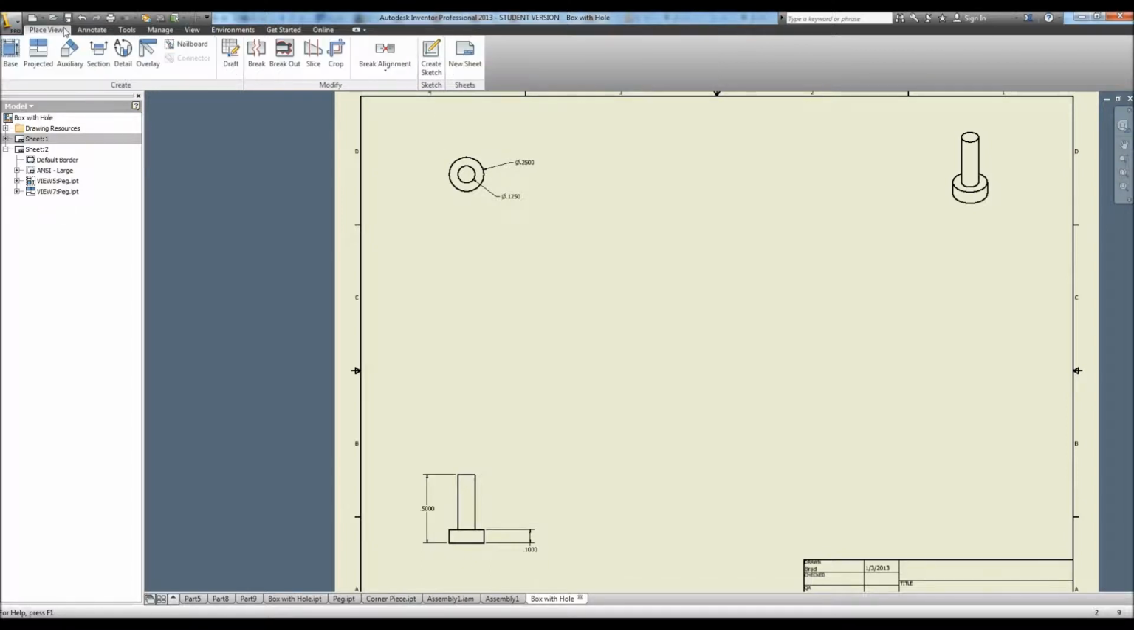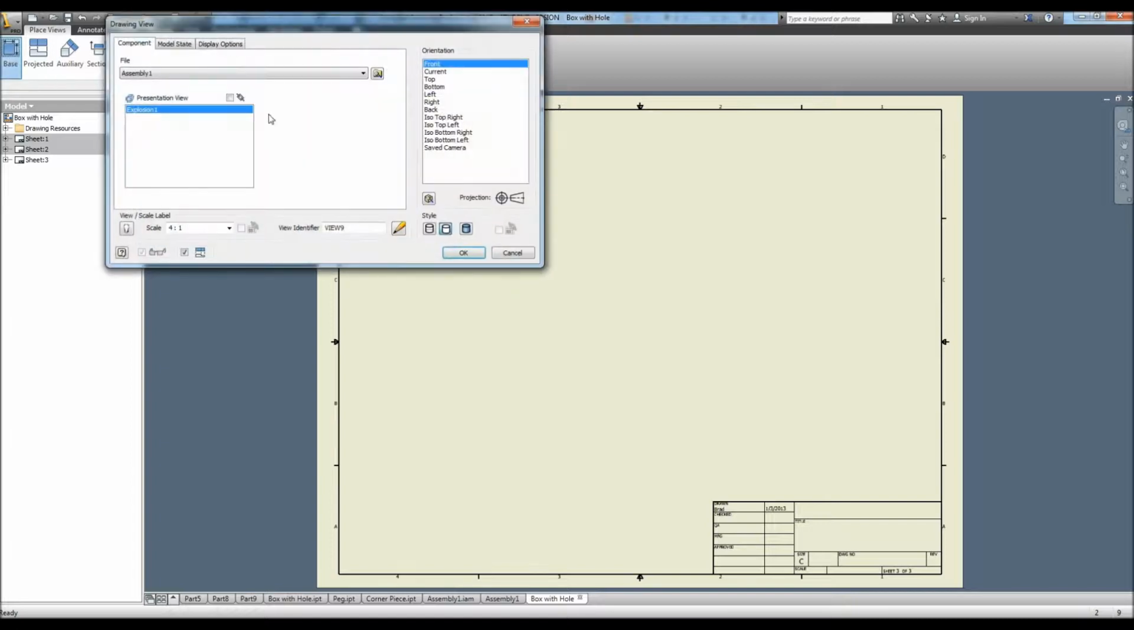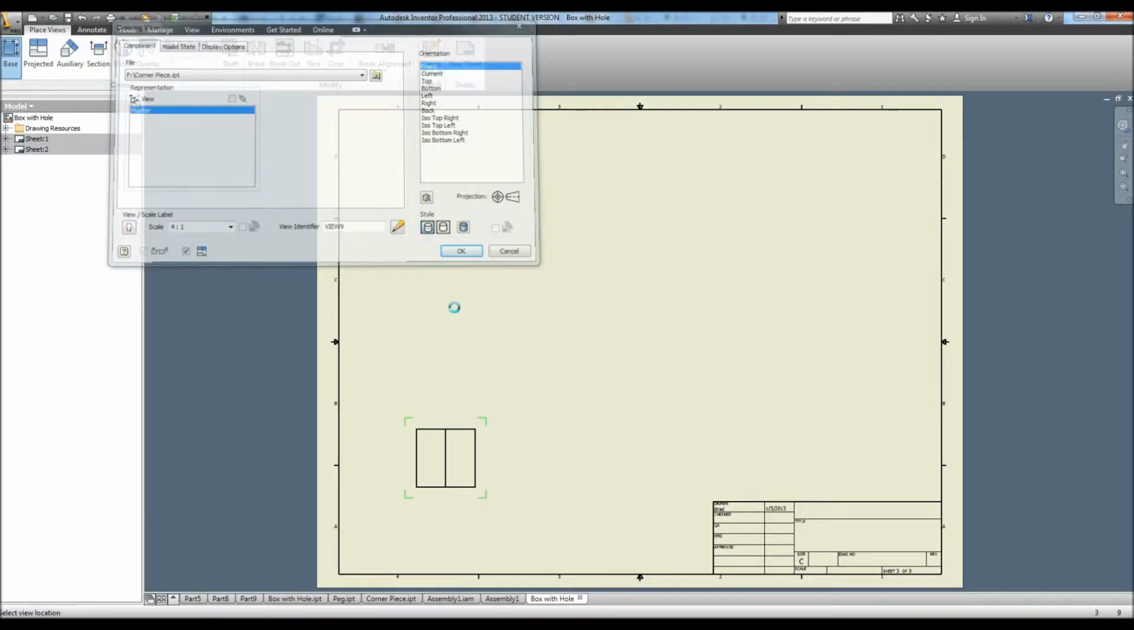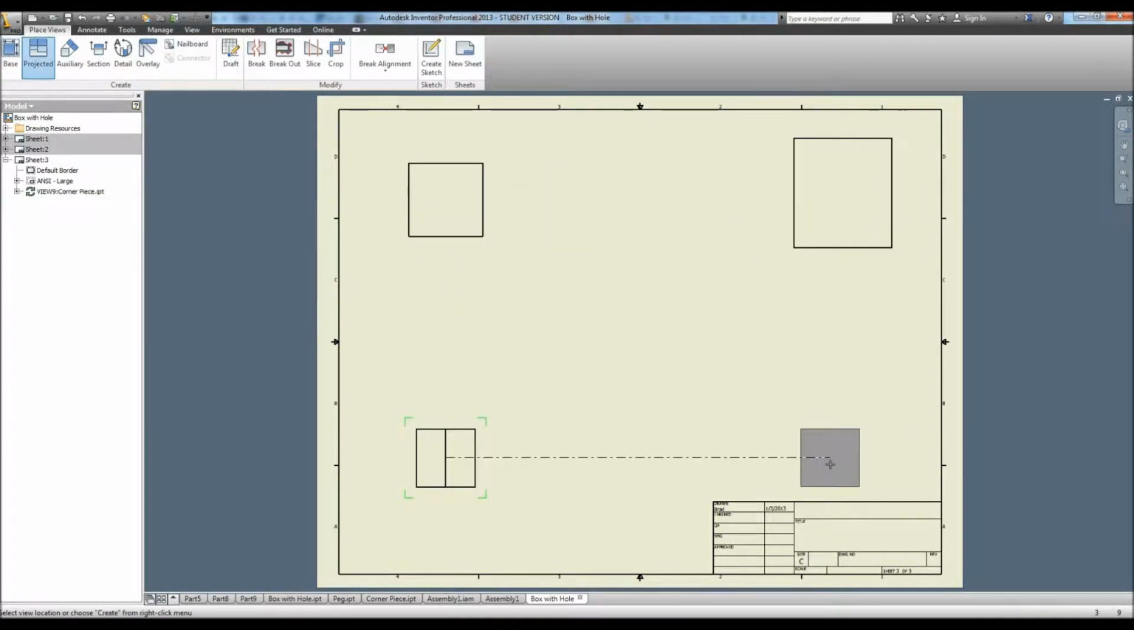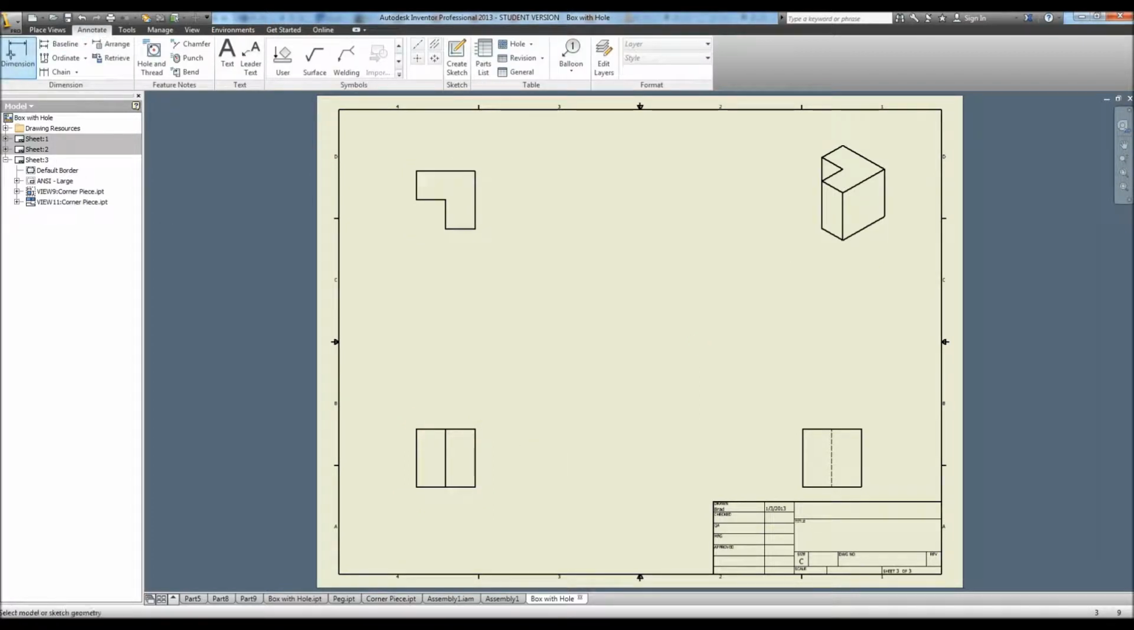Again, we go back to place views, we go to new sheet, lets us put in our third one, base, corner piece, front, top, isometric, right side, create, dimension, we need a width,